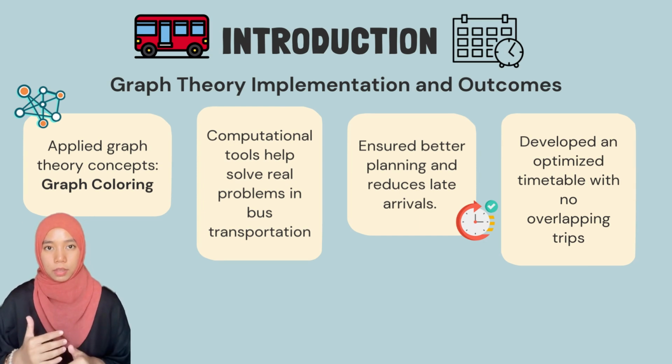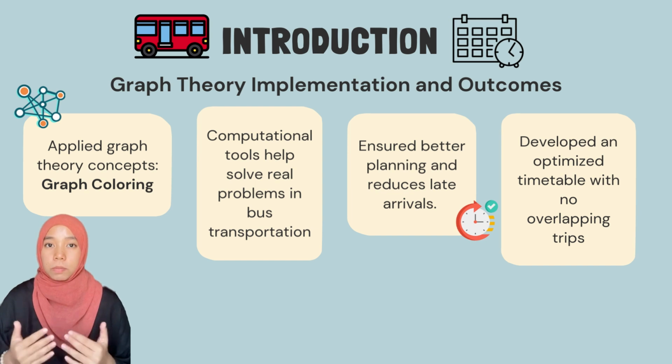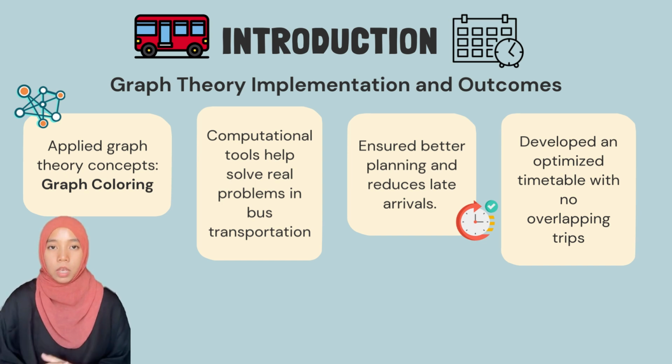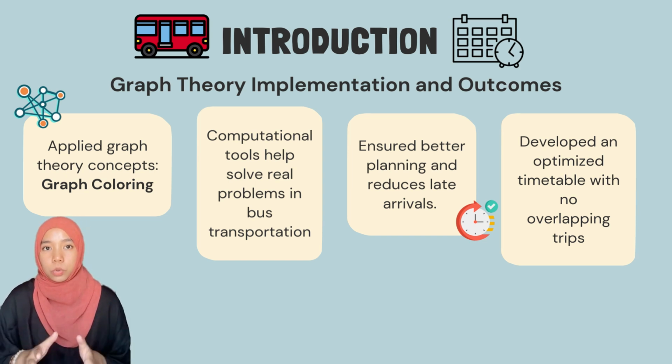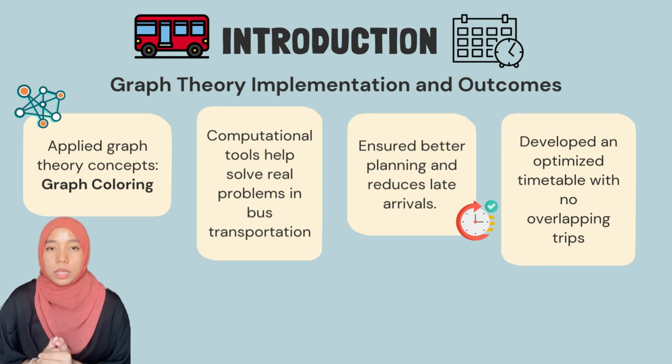By using this method, we were able to develop an optimized timetable with no overlapping trips. That means all buses have their own time and everything runs more smoothly. We also found that analytical or computational tools help solve real problems in bus transportation, especially making sure buses arrive on time. This system ensures better planning and reduces late arrivals, which makes it more reliable for the public. Overall, this project shows how simple tools and ideas from maths like graph theory can help solve